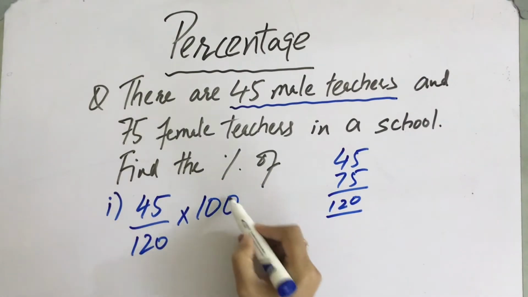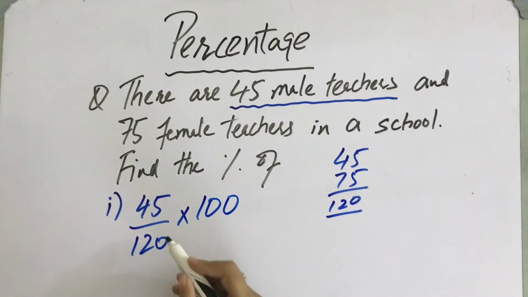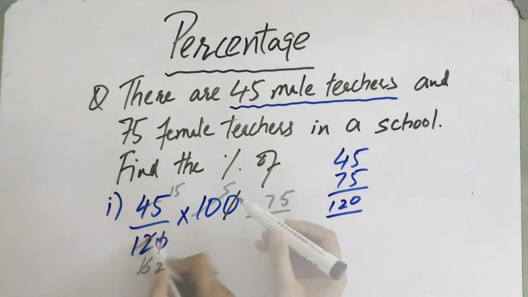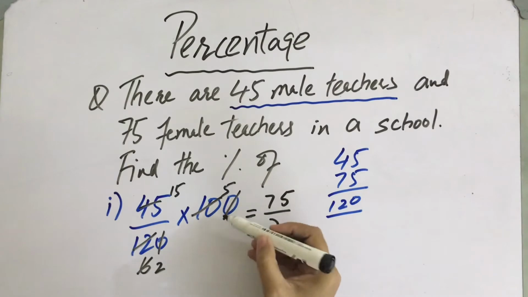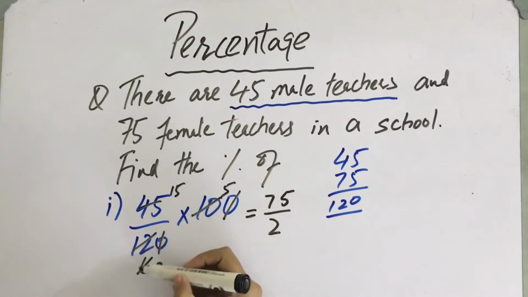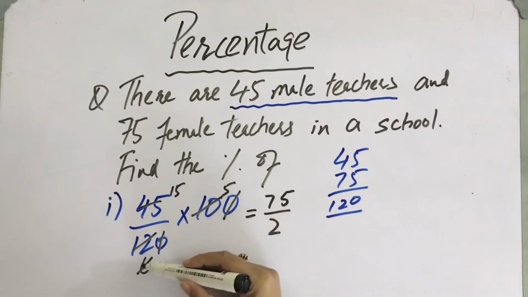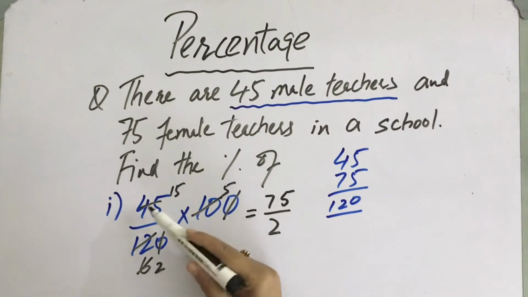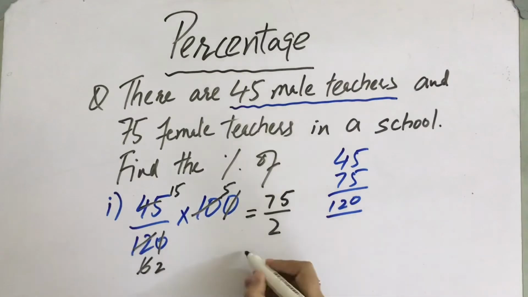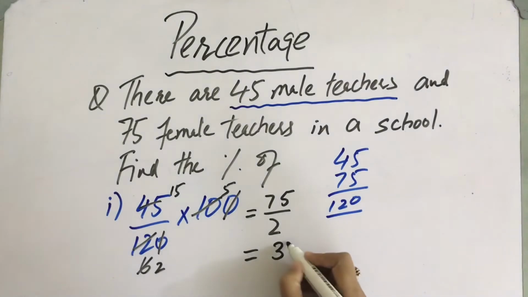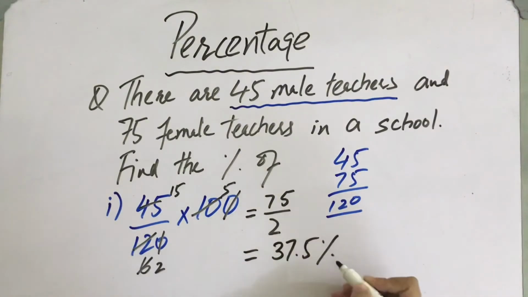So we shall multiply with 100 and our final answer will be, after doing the due cancellations, I cancelled 0 with 0, then cancelled 12 with 2. I have 6, and 10 with 2 is 5, and then 6 with 3, 3 2 times 6, 3 15 times 45. There are 37.5% male teachers in the school.